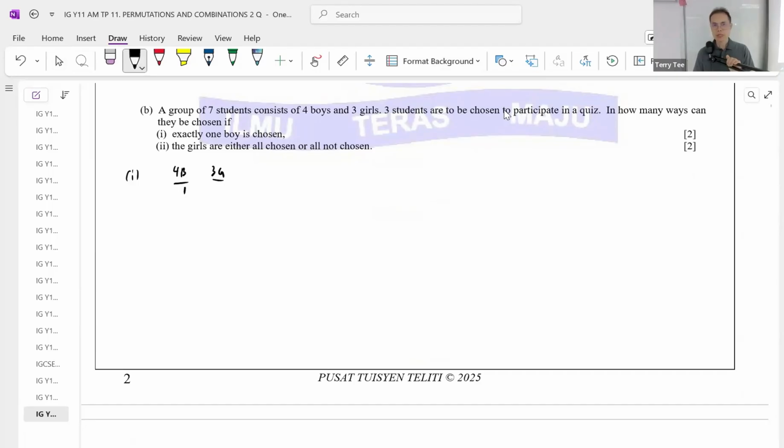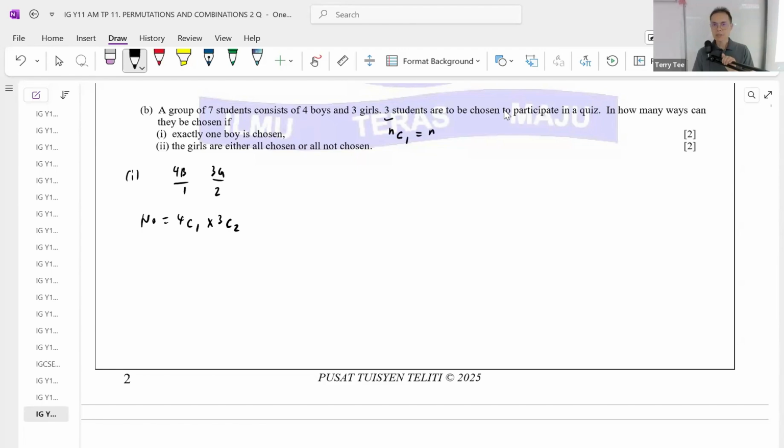If I choose 1 boy, I must choose how many girls? You want to choose 3 in total, so 2 girls. Quite simple, right? So this is 4 boys, I choose 1. 3 girls, I choose 2. All this should be done without a calculator. But I hope you know 4C1 is just 4, right? So everyone, basic thing,